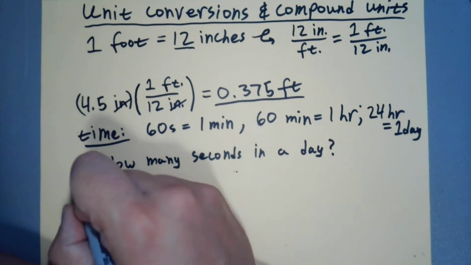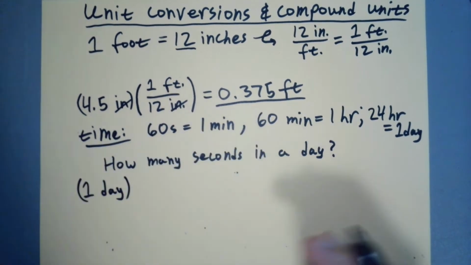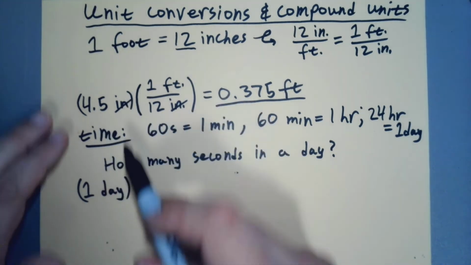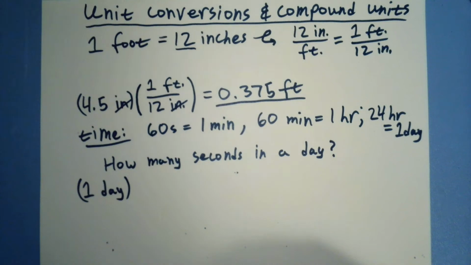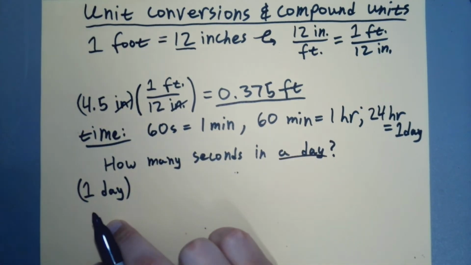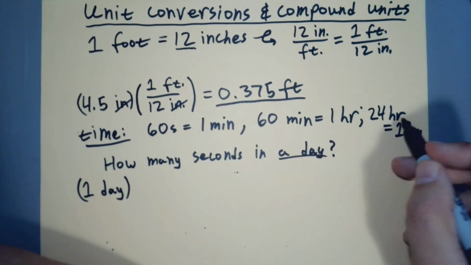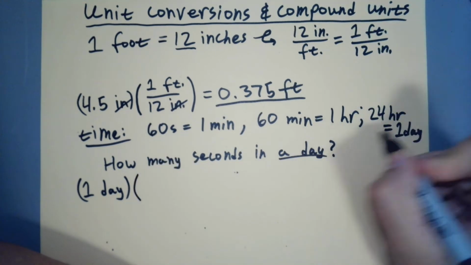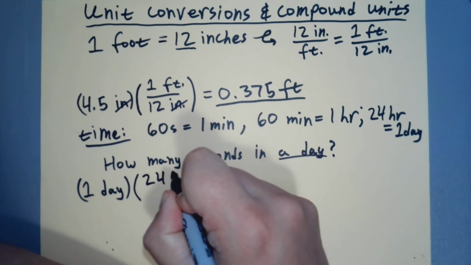Alright. So I'm going to start out. I got 1 day. That's what I know. You always start with what you know. Like, I knew I had 4.5 inches for the little tuk-tuk, which is the name of those taxis, by the way, as far as I've been informed. Okay, well, we're starting with a day. That's 1 day. And we're going to work our way backwards. I'm going to use my conversion factor from this equivalency. And I'm going to want days on the bottom, because that's what I have over here. And so there's going to be 24 hours